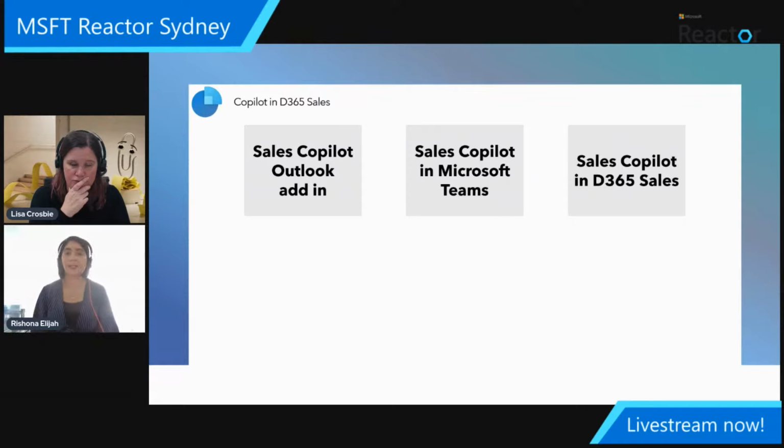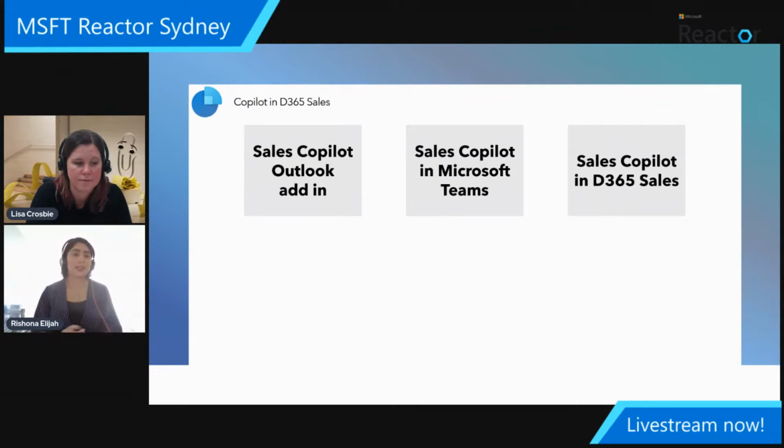So you can really make it your own. Apart from that, we have Copilot in Teams, which is in your Teams meetings. So you can have it there to do things like review whatever notes you need from the meeting, or what are the key talking points that came out of that, follow-up points after that meeting, and it can detect sentiment during the call.